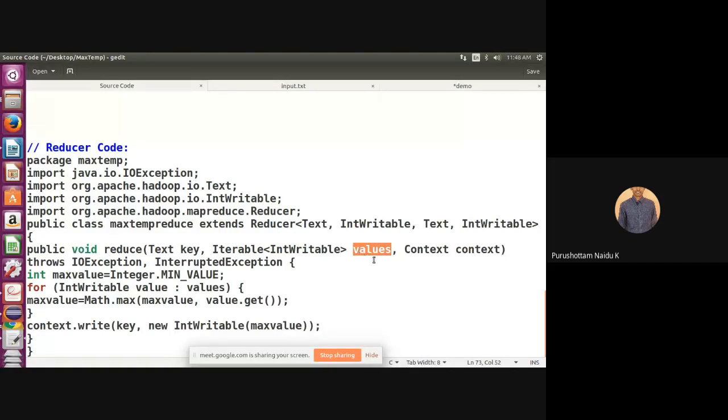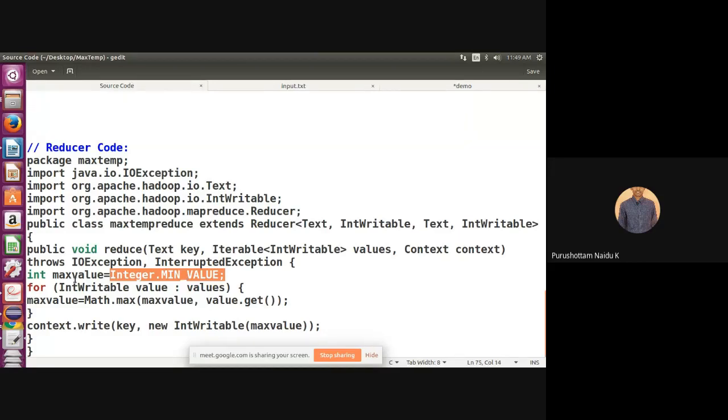For them we have to write the logic for finding the maximum value for each and every year. Now in the program we have taken int maxValue equals Integer.MIN_VALUE. I am initializing maxValue with the default minimum value.